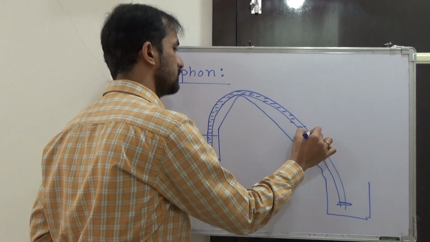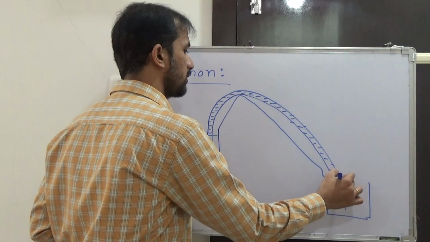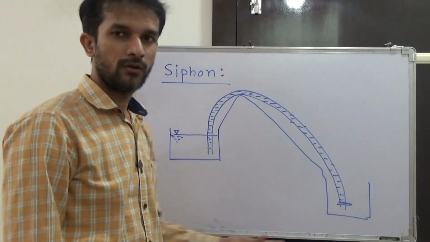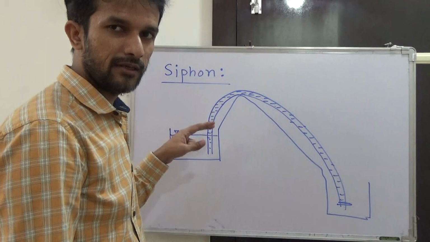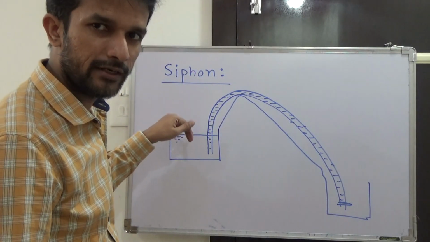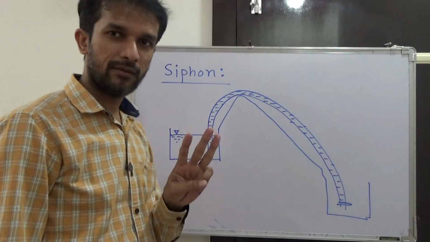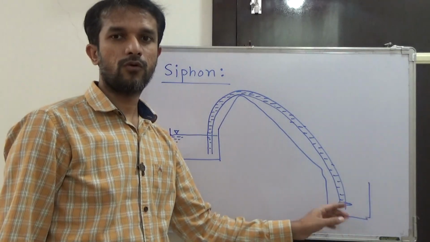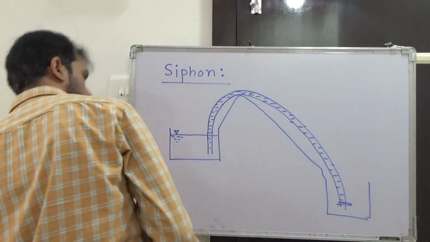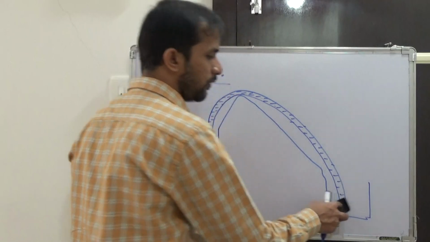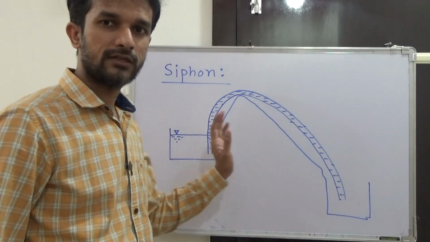This is the first stage. First step is to fill up the water or liquid into the tube by closing the exit, and second step, dip that upper end into the upper reservoir, and now third step, leave this exit, open this exit. If I open it, now what will happen? Water will start flowing continuously.